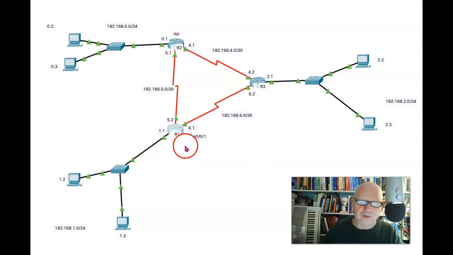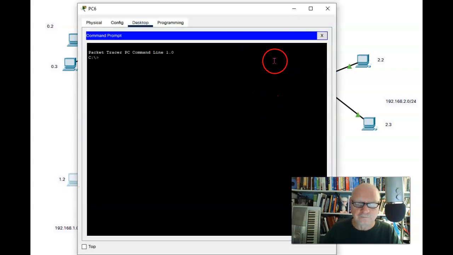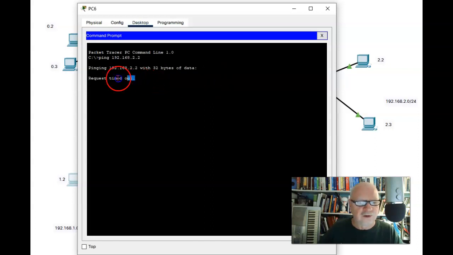So now you would think maybe that ping will be successful to get over to here. So let's try it and see. Ping 192.168.2.2. And it's not going through. What's going on? Oh, look at this. We got a request timed out. Now, wait a minute. Before, didn't we get a different message? Didn't we get a message that said destination host unreachable? Well, why is this different?